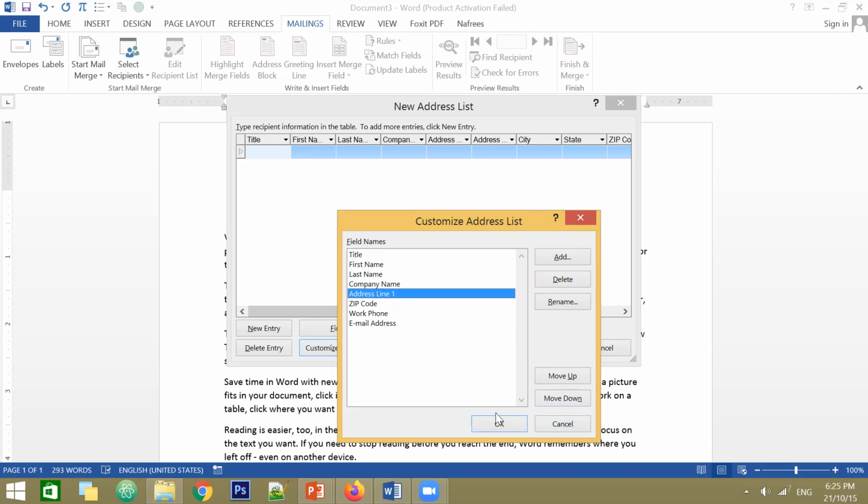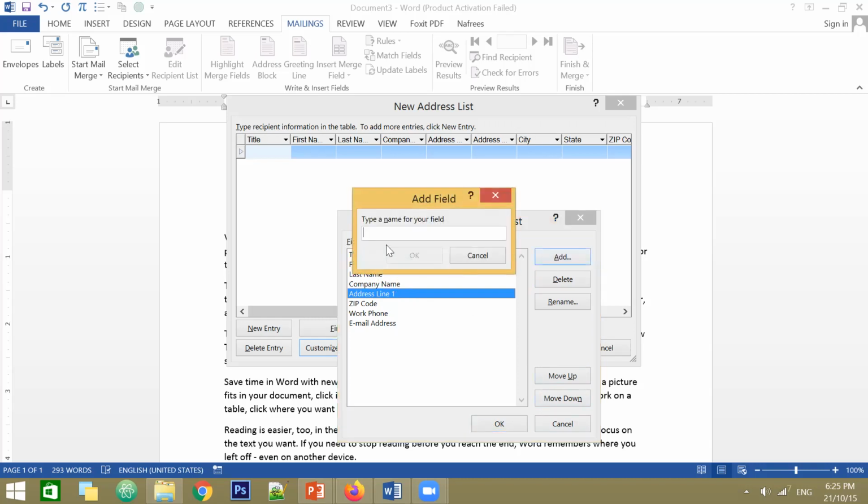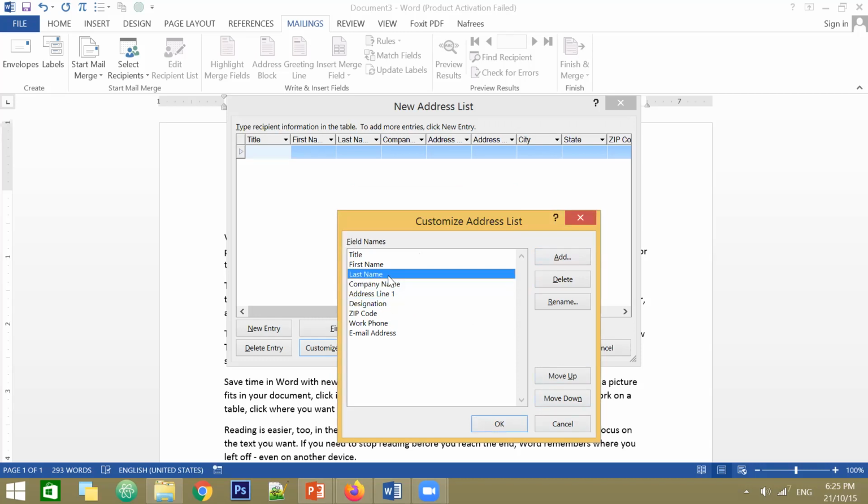So once you complete this area, then you can click OK. If you need to add something here, you can add it. For example, the employee designation. So add new one and make it designation and click OK. It is created. You can put it somewhere else if you want. For example, if you want to put the designation under the employee name, then select the designation and click move up. So now the designation has changed to under the employee name. Look at here. If everything is okay, then click OK.